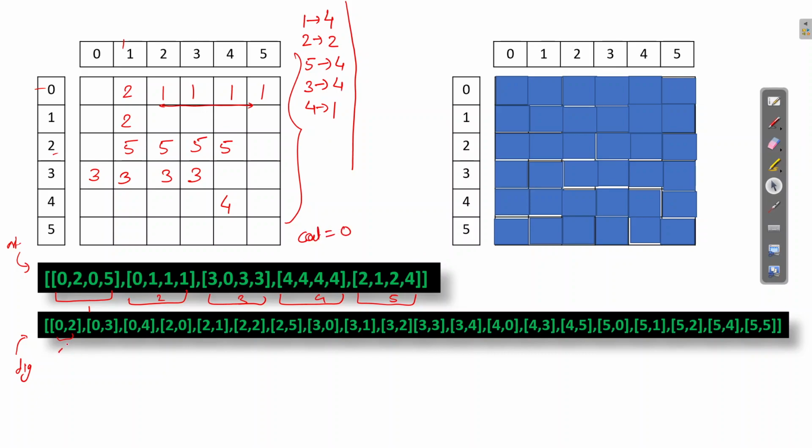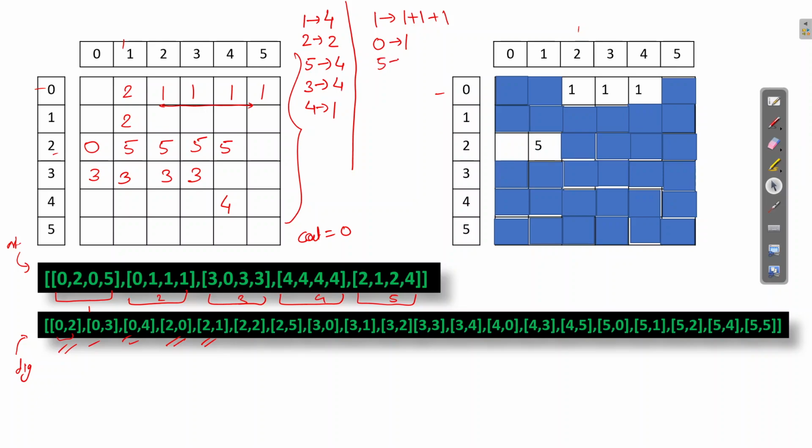When 0 2 is dug, we see we have got 1 here, so we increase the count of 1. Now 0 3 is dug up, and we again got 1, so we increase the frequency of 1. Again 0 4 is dug, again we got 1, so we increase it. Now 2 0 is dug. At 2 0 we have nothing, it means 0, like initially it was 0. If nothing is there, then 0 is there. Then 2 1 is there, which is 5.